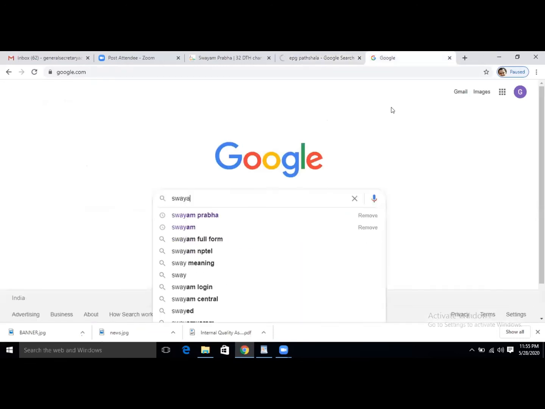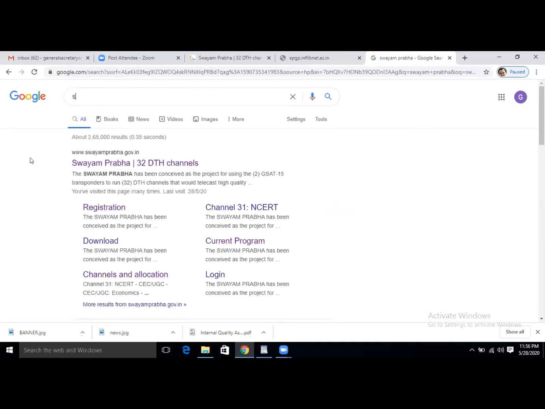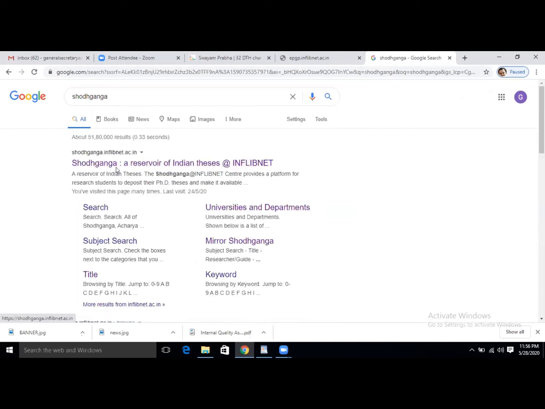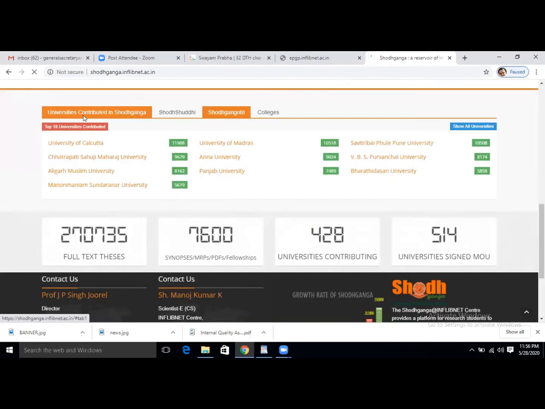So I will move to the next part called Swayam Prabha. It's not Swayam Prabha, this was Ganga, sorry. So Ganga, respected participants, this is another platform where we can download the different theses of the different universities of India. If you want to access the full text content of the thesis, then you can download from the website of Ganga. You just go to the website of Ganga and you browse the different universities which are available in